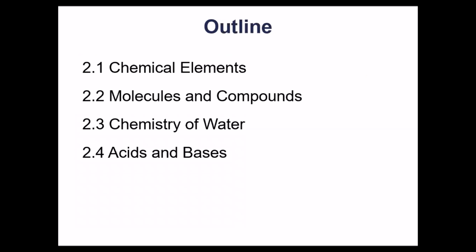These are some of the main topics we'll cover in Chapter 2. I think it's good to understand what an element is, what atoms are, what happens when you combine those and make molecules and compounds. Water is an extremely important substance that we're going to talk about. Technically, it is a chemical, and it has some very special qualities about it. And so we need to look at some of those characteristics of water that really stand out and make life possible. And then at the end, we'll talk briefly about what an acid is and what a base is.